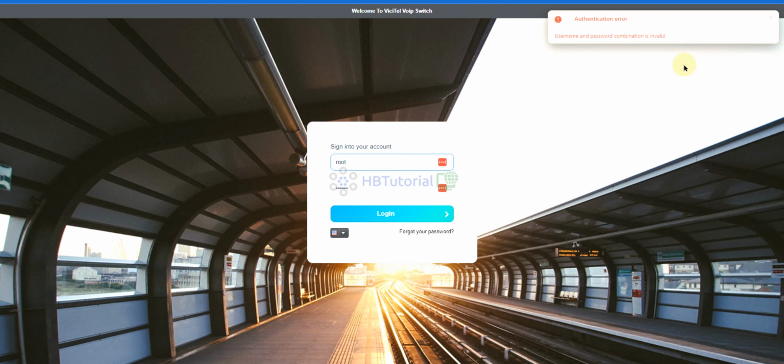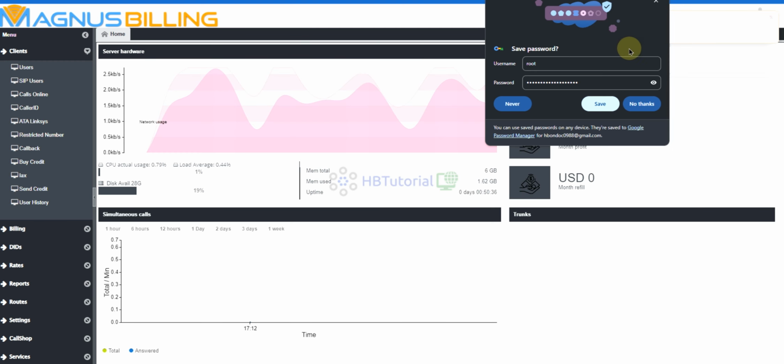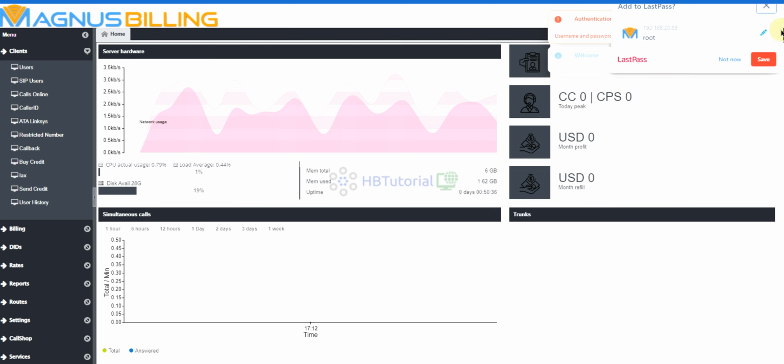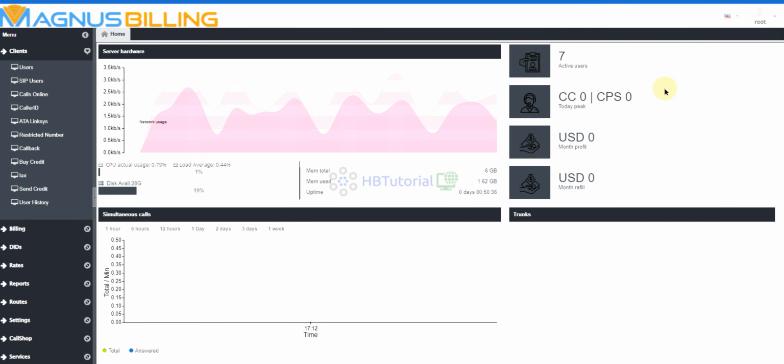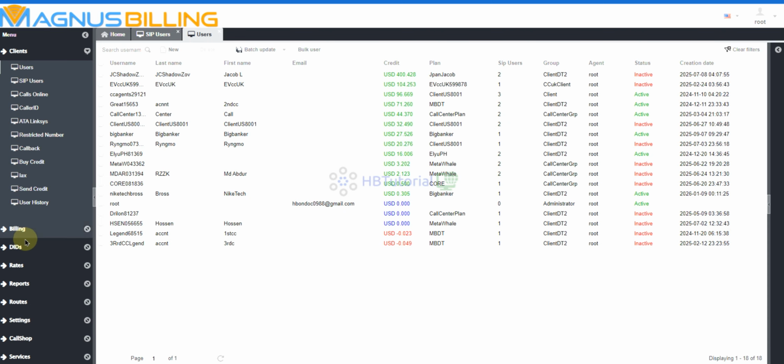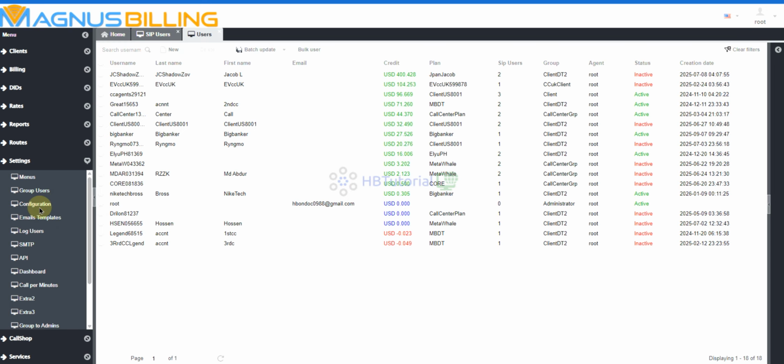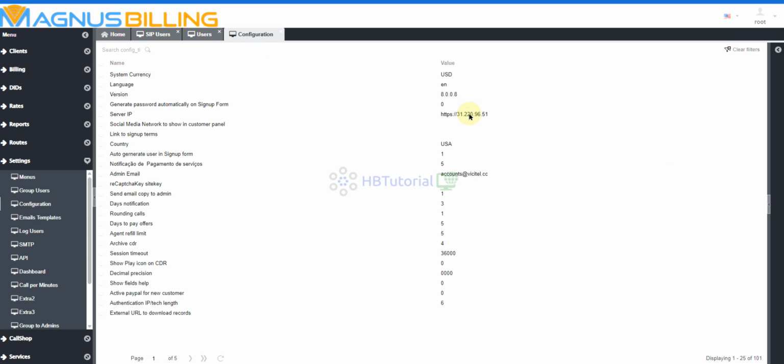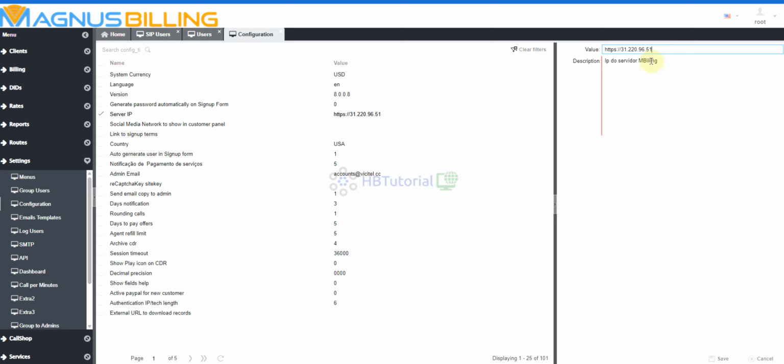As you can see, the password is not valid. So let's check our password now. As you can see, this is our old one. So it's already updated.